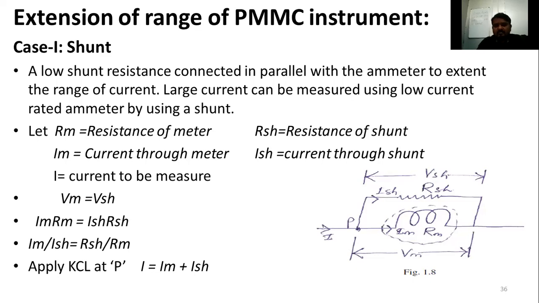By using the shunts, by using the multipliers, we can increase the range of that instrument by doing manual calculations. How? That one we are going to discuss. First one, case one. There are two cases, shunt and multiplier. The title of this one is extension of range. Whatever the 5 ampere or 50 volt range is there, that range we have to extend.